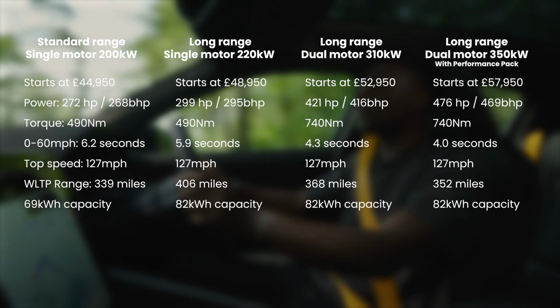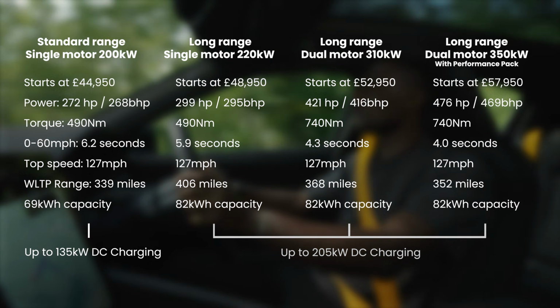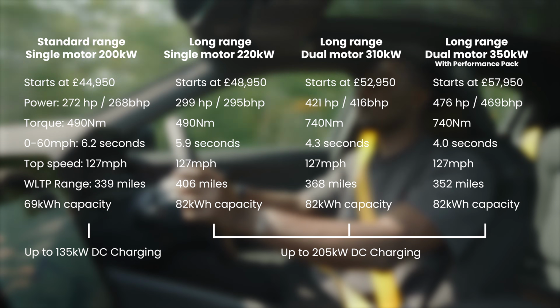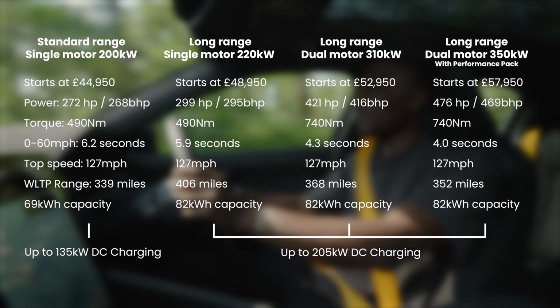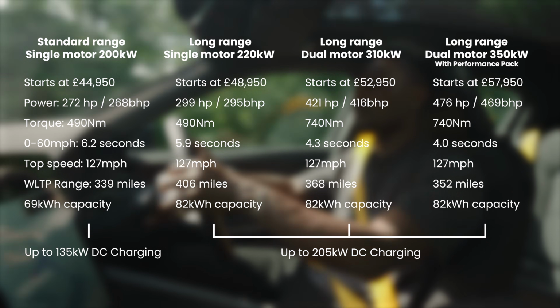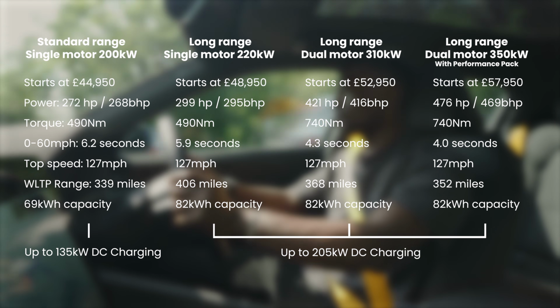For charging, as well as upping the battery capacity, they've also upped the charge speeds. So the standard range version will give you up to 135 kilowatt charging speed, and the long range version, you're looking at up to 205 kilowatts charging speed. So 10 to 80% in just 28 minutes. And for the standard range, 10 to 80% in 34 minutes. You can also charge at home with the 11 kilowatt AC charging on both. And you're looking at the standard range, 0 to 100% in 7 hours, and long range, 0 to 100% in